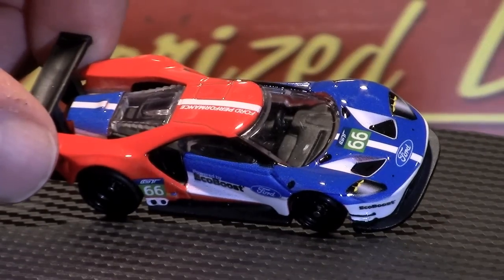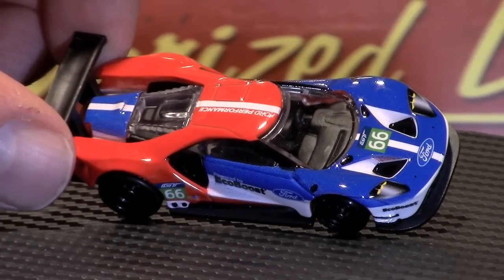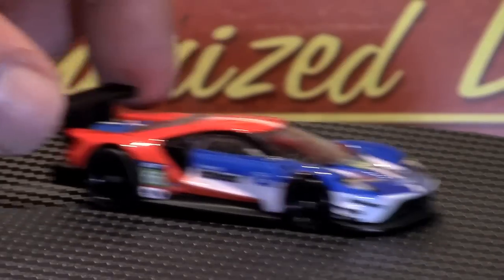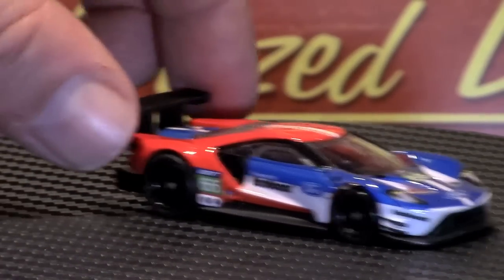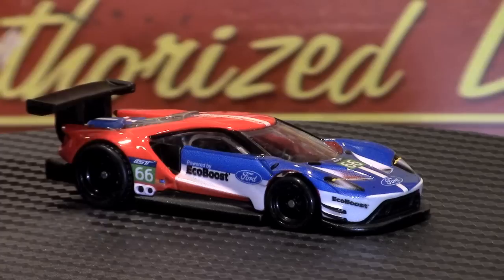Really, really nice. See, what's it say on the roof? Ford Performance. This one doesn't roll very well, but the car culture ones are not really meant for the track. Alright, so that's number 4 out of 5, and I'll move on to,